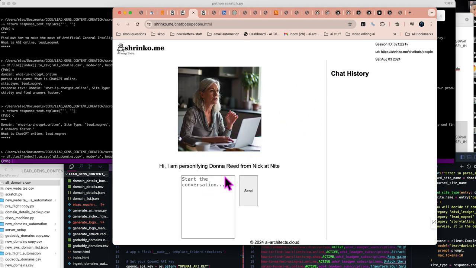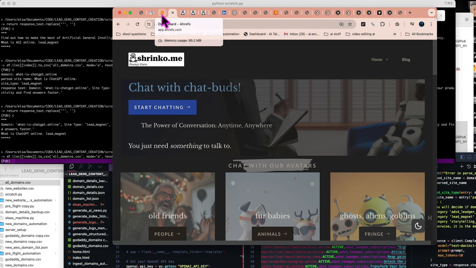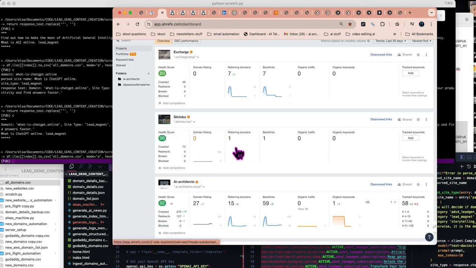With WordPress, I just infused them with different personalities, and I used a very specific way of prompting it. But we were talking about Ahrefs, so that is what shrinko.me is, but it's getting me more email list subscriptions than any of the other ones. And look, it has nothing here, right? So when people are like, oh well, look at my Ahrefs, I'm like, that doesn't give me the full